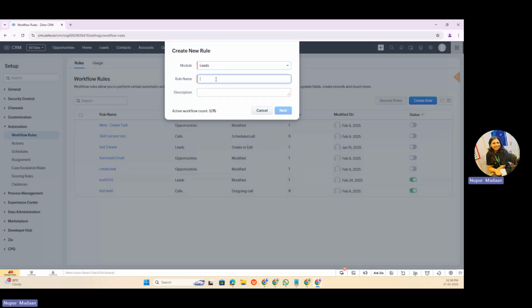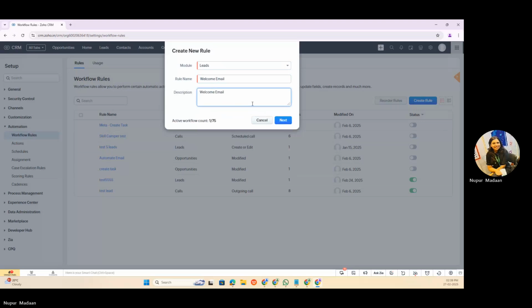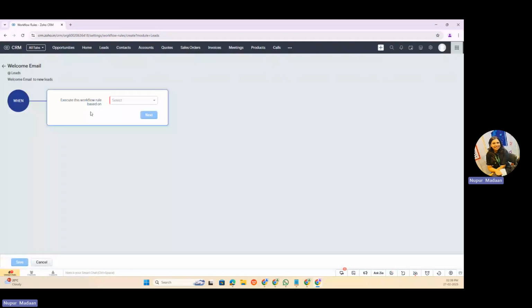You can name the rule here. Let's say I wanted to send a welcome email. So whenever a lead comes in, a welcome email is to be triggered. Welcome email. I'll click on next. Now it will ask when to execute this rule, whether it is on record creation, date